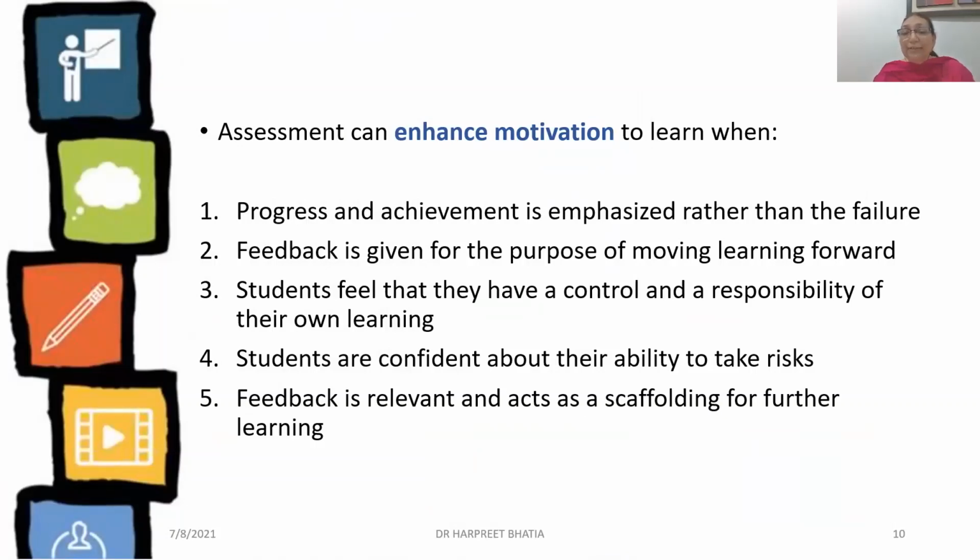When we emphasize progress and achievement rather than the failure aspect of the student. When the feedback is given with the sole purpose of pushing the person to learn further, to learn more about that particular concept, rather than feeling that this is beyond me and I can't do any more. When we allow the student to feel that he or she has the control and the responsibility in the learning process, their own learning depends on themselves, that is when the feedback or the assessment is of motivational value